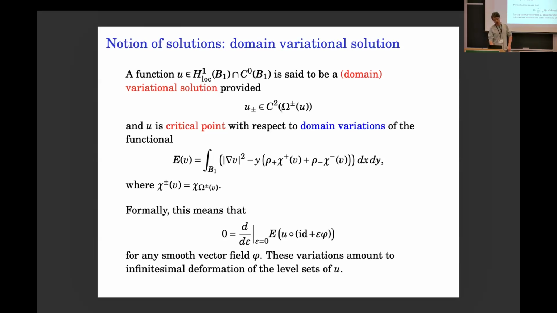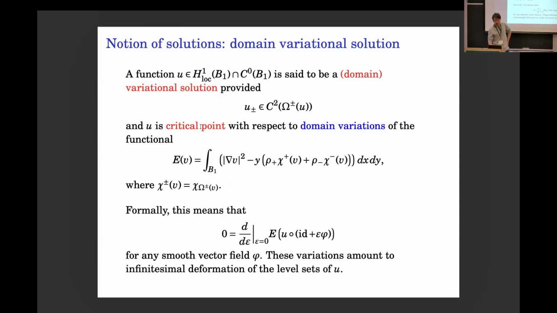So this is again from this idea, I think, stemming from the one-phase or two-phase Bernoulli problem, and also used in Weiss and others. This is called the domain variation solution. This is coming from the fact that the whole problem has some kind of a variational structure. So you have this kind of an energy, and you can show that the solution corresponds to a critical point of this kind of energy, where this chi is the indicator.